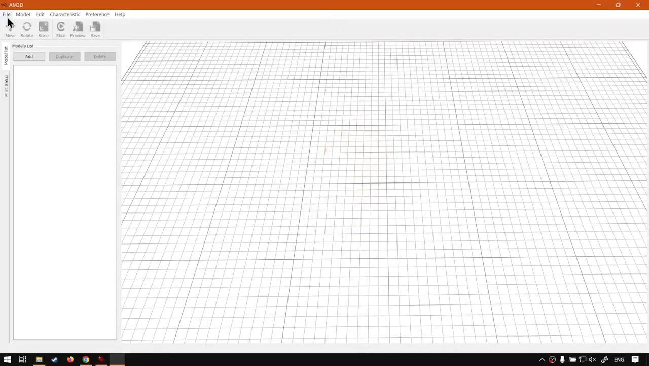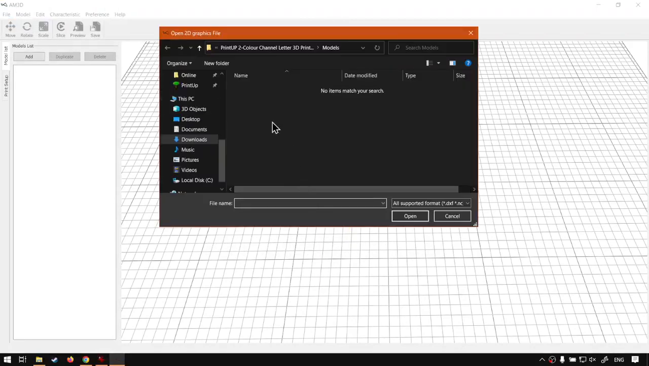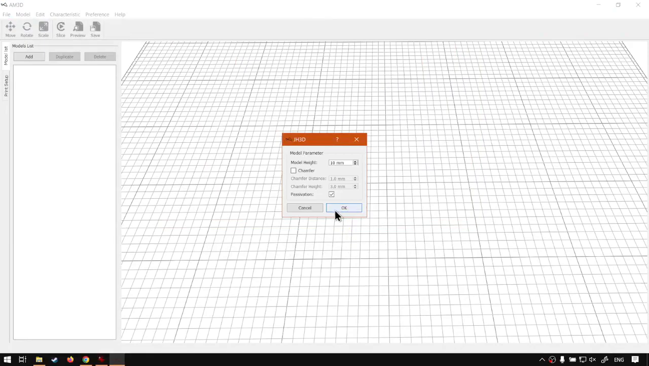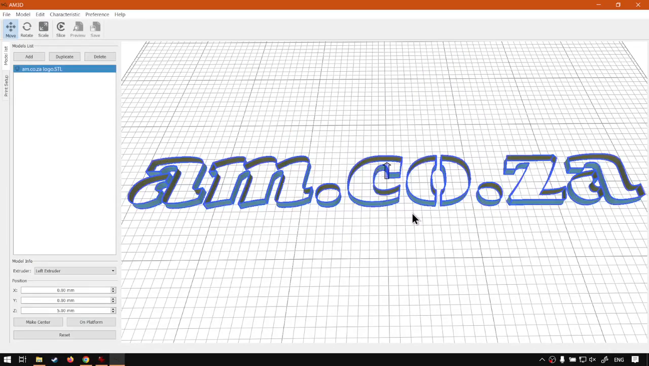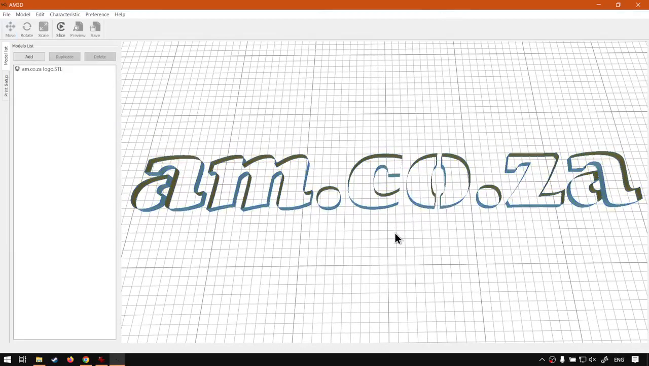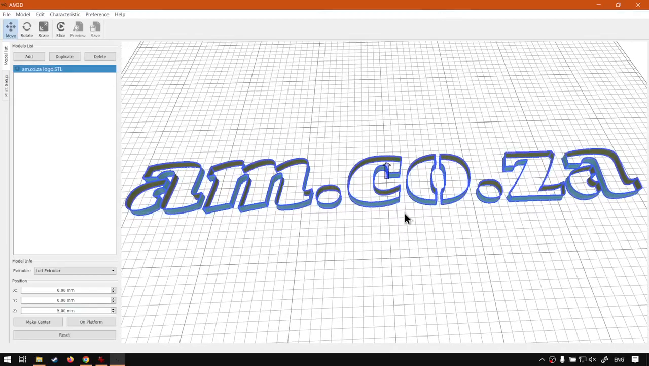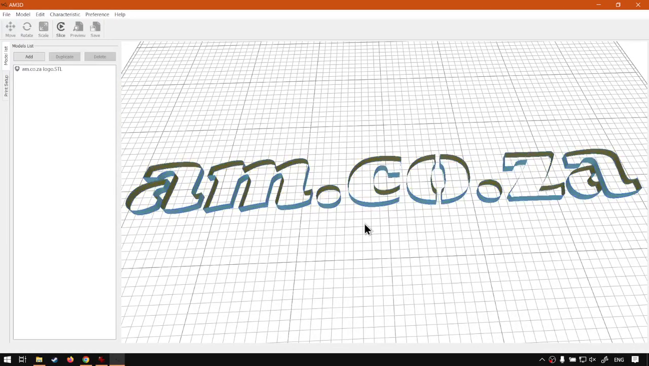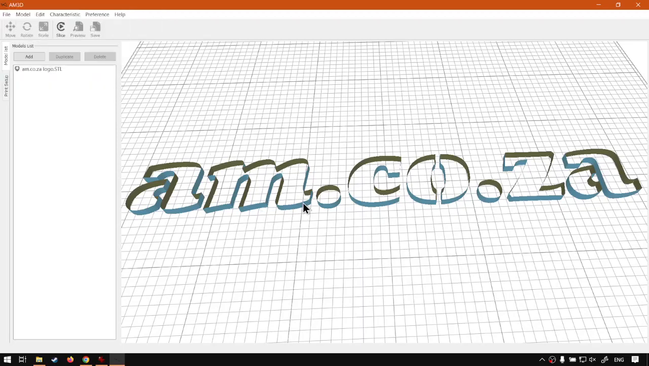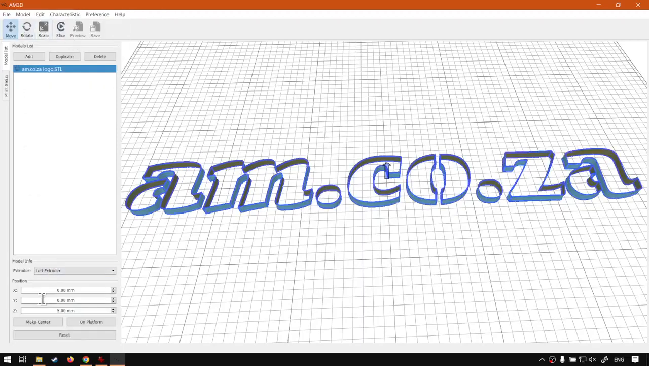So now before we get started, let's just quickly import some graphics. I'm going to choose the am.co.za logo and then just leave the settings as is. So here we've got our logo. Now if you want to transform this thing in any way, it is important to know that the object has to be selected in order for the transforms to work. Otherwise, as you can see, all of these are grayed out. So then if I just go and select it, they become available and their options will be here at the